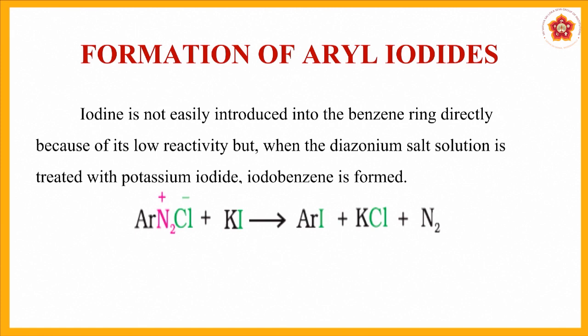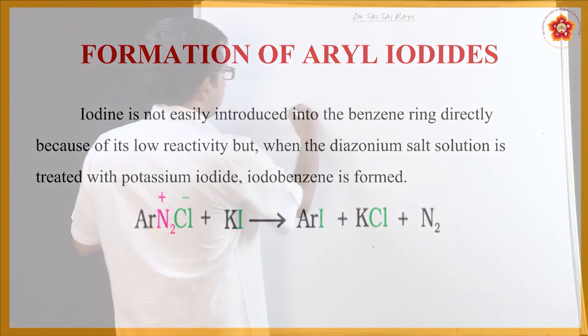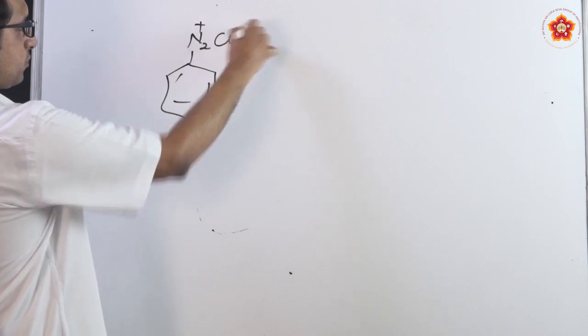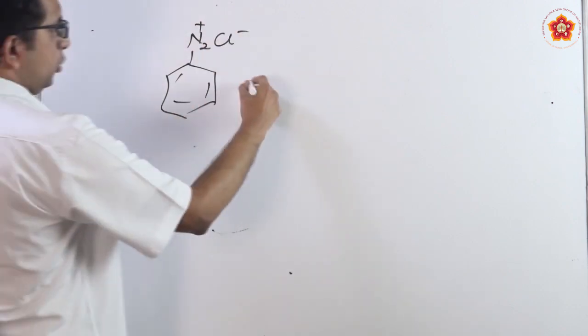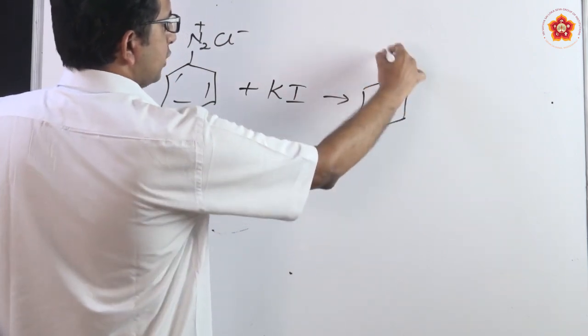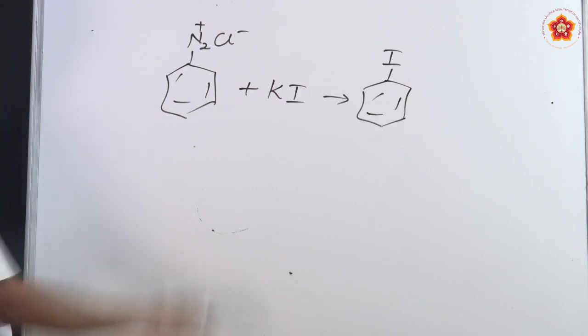Copper is so unreactive that most metals actually displace hydrogen, but copper cannot even react with hydrogen. Therefore, you can see that a stronger reagent is being used here, which is KI, potassium iodide. Iodine is not easily introduced into the benzene ring directly because of its low reactivity, but in the presence of a strong reagent like KI, it sees to it that the weaker iodine is able to attack the benzene ring, where you get benzene along with iodine, which I can call iodobenzene, and